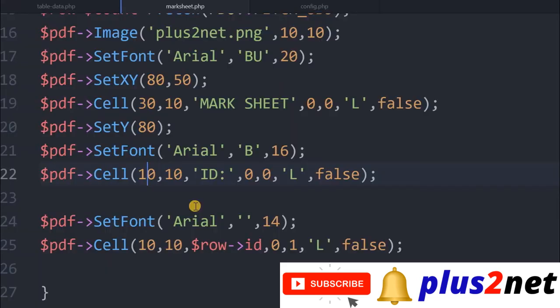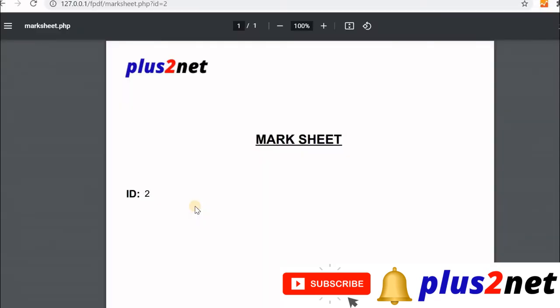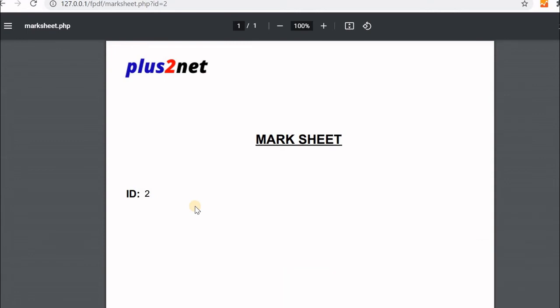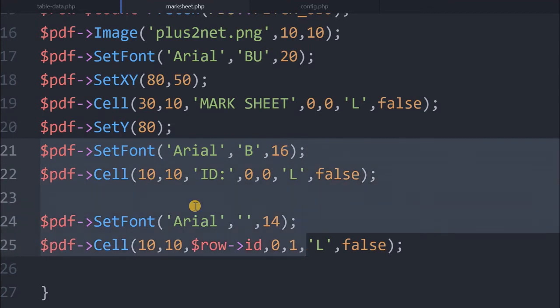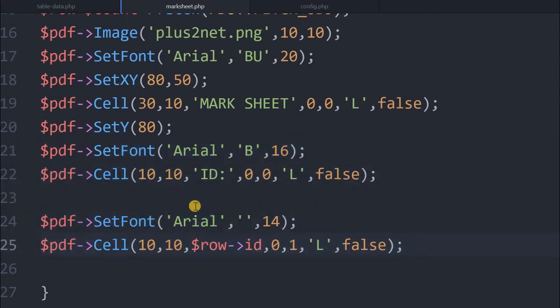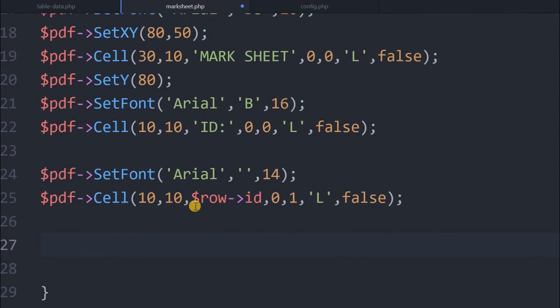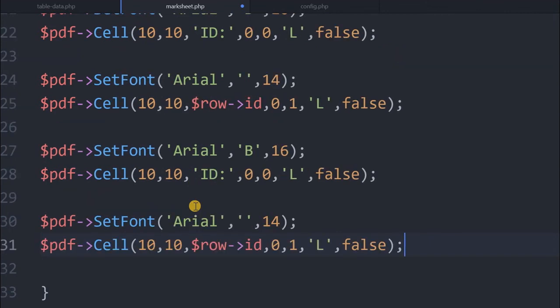Now let's go to the next one. After ID we are supposed to write the name, but the name should come in the next line. So what I will do, I will just copy this font, this much I will copy and paste it here.